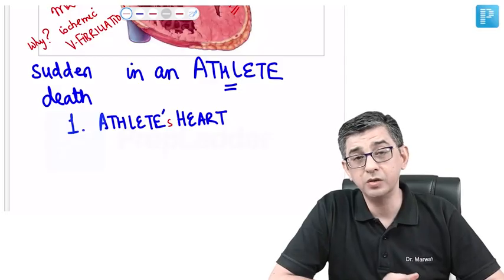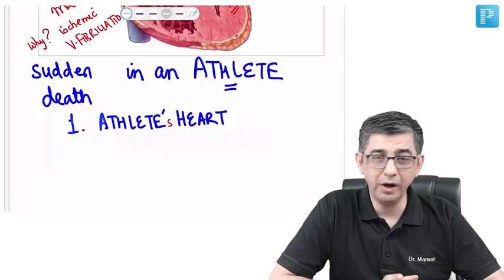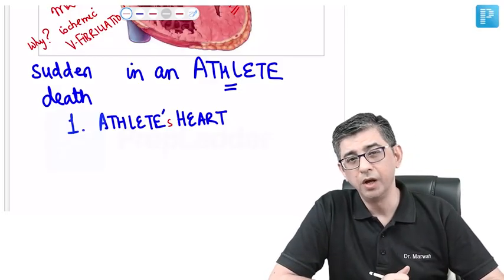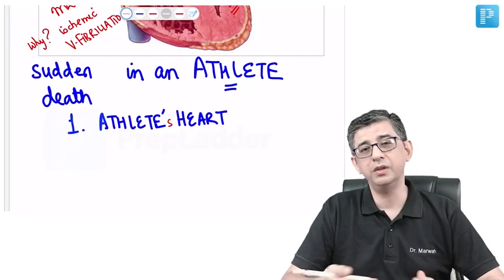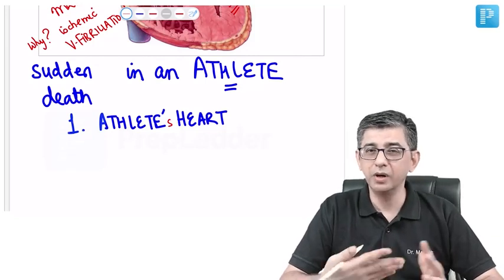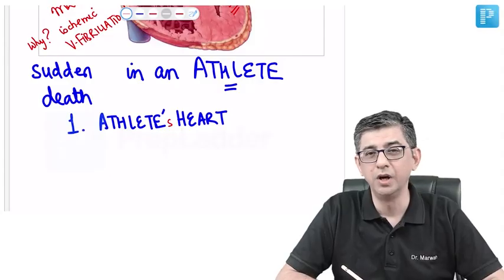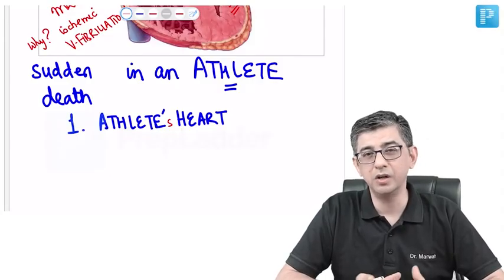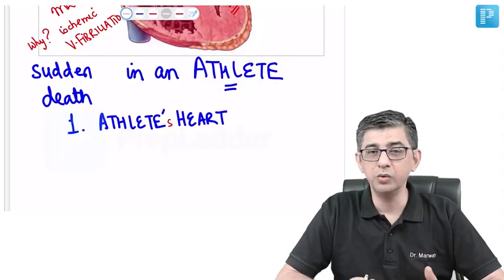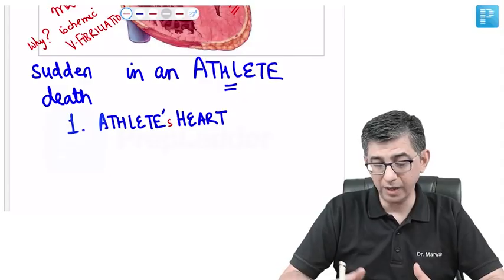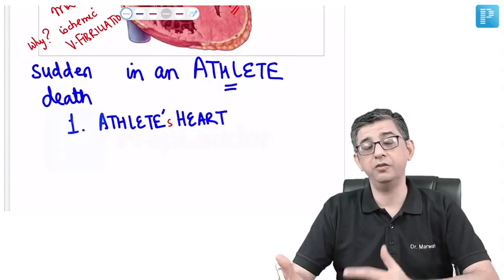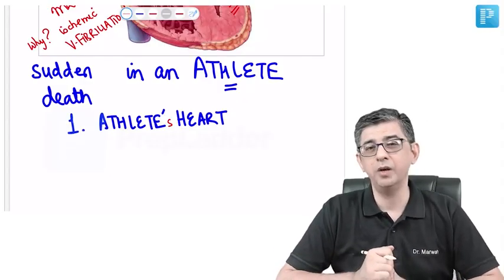Now the question arises, what really happened with respect to an athlete's heart? I mean, what is the problem? Well, the problem in these patients is that anyway an athlete's heart would be bigger than a normal person's because the person would be having a left ventricular hypertrophy. So we can understand the demand of the heart is more. But what happens during athlete's heart as a contributory factor for sudden death in an individual is that, imagine a guy,